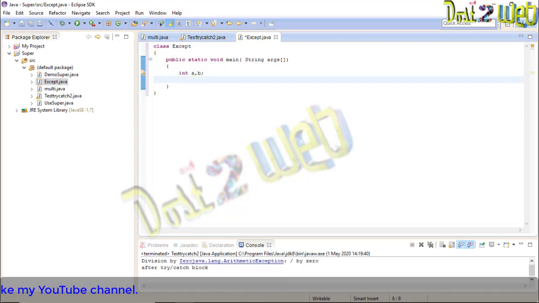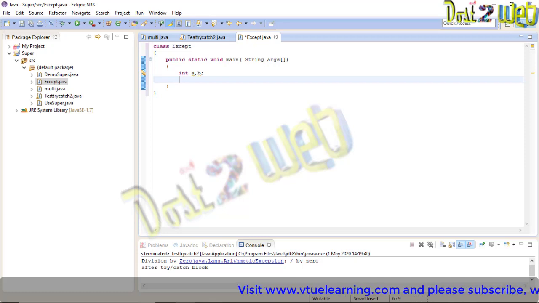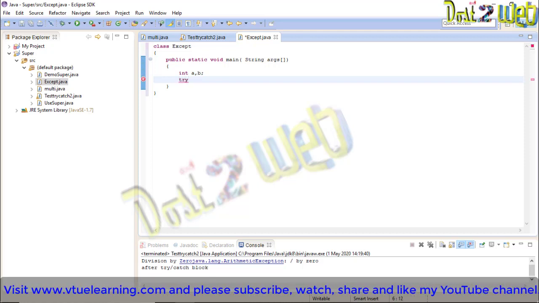Now the logic here, in any program, especially in Java, when you are going to write exception handling, wherever you have the operation, whatever logic you are going to implement, you should put into the try block. So what is our logic here? We are going to write the program division by 0. So we should get to know that yes, the program is giving the exception, that is the division by 0. So we have to create a try block.